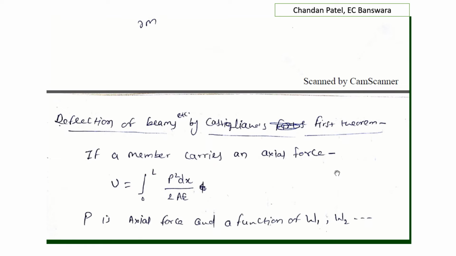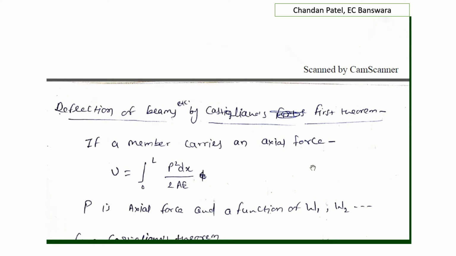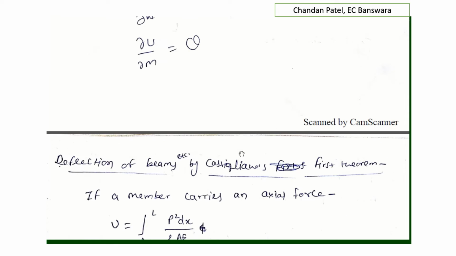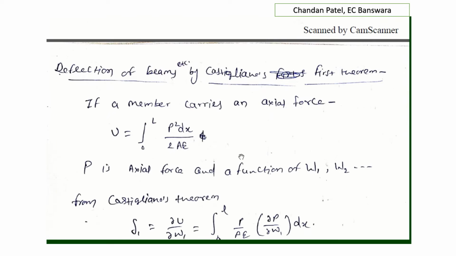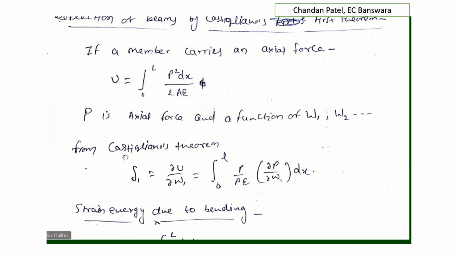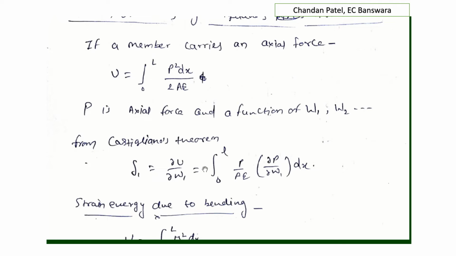If a member carries an axial force, then U, we see the standard expression, U equals to integral 0 to L P square dx by 2AE. P is the axial force and a function of W1, W2 and so on, which act on the body. From Castigliano's theorem, डेल्टा वन के रिस्पेक्ट में जिस पोजीशन पे डेल्टा वन रहेगा वहां पर हमारा डेल वन, और डेल्टा टू जिस पोजीशन पर रहेगा तो वहां पे हमारा डेल टू. ओके, डेल U बाय डेल W2,